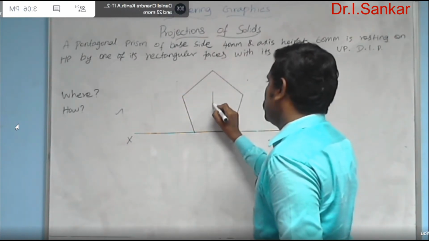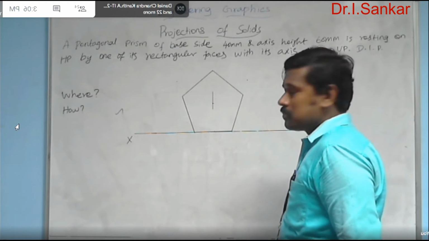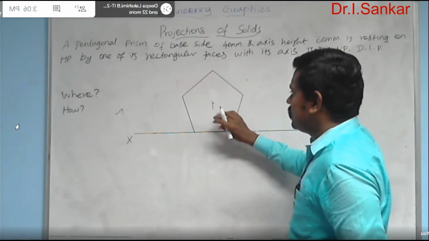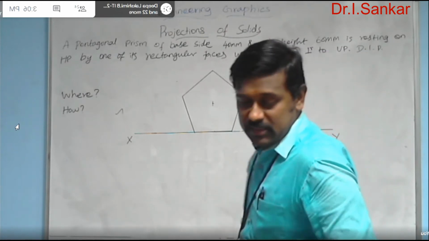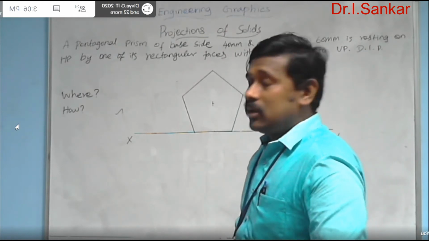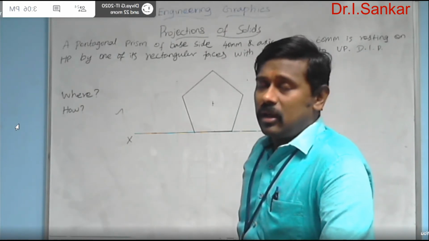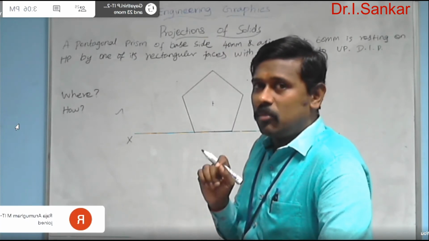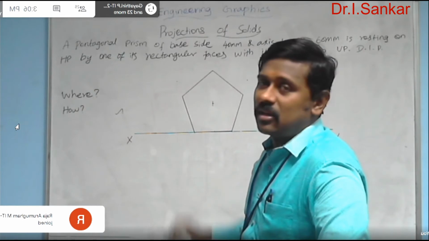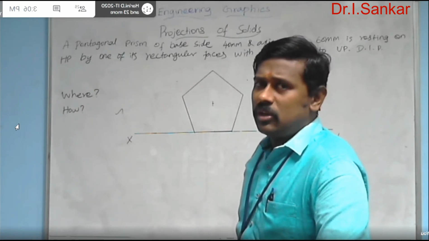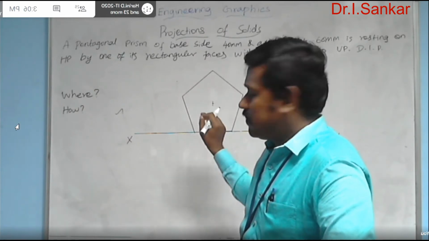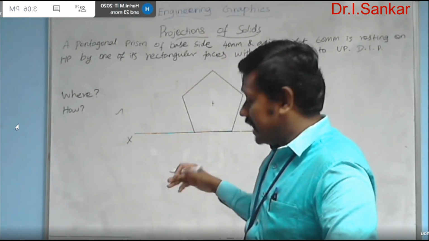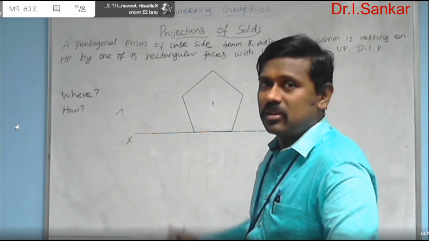Then you can find the center point of your pentagonal shape. You need not mark it with the alphabet O, because only in the case of the pyramid does the apex point need an alphabet to mark. But in the case of the prism, there is no markable apex point in the center of our prism, so we need not give any alphabet. Just for our geometrical purpose, mark it and follow it for tracking the axis in the further views.